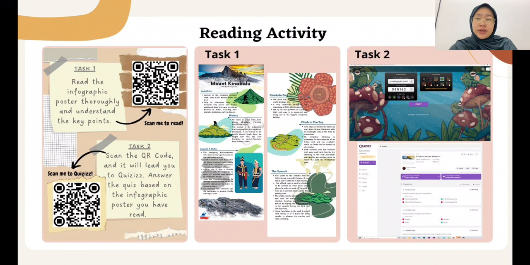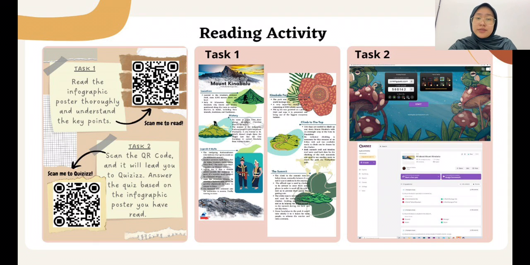Moving on to the reading activity. For this activity, it consists of two tasks. For the first task, students need to read the infographic handout and understand the key points. They will have to scan the QR code provided that will enable them to read the infographic handout in the Google Drive provided.